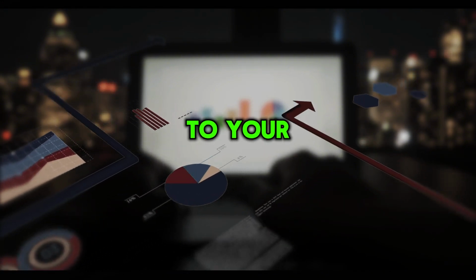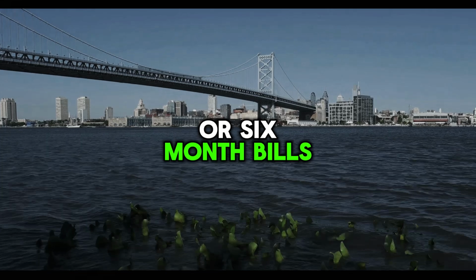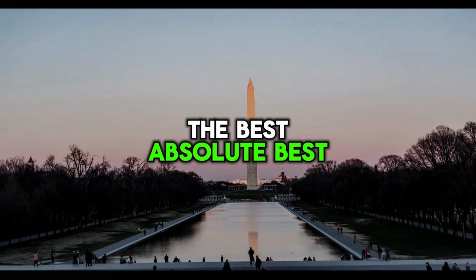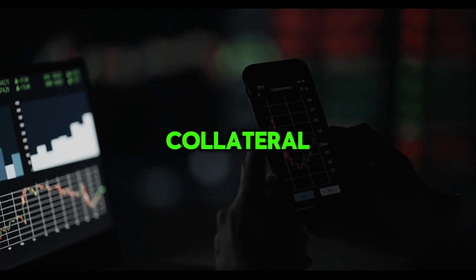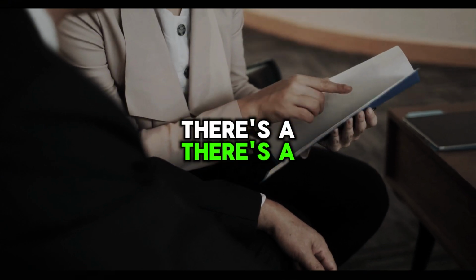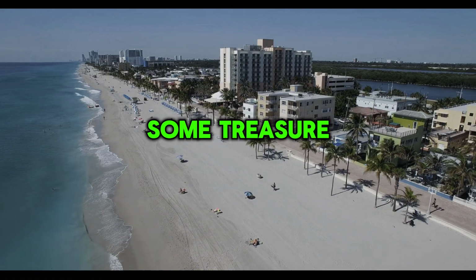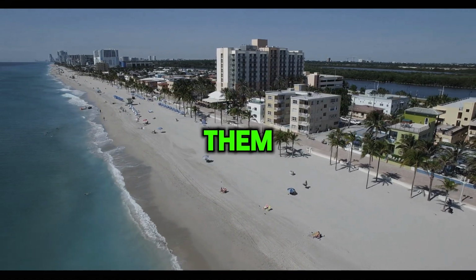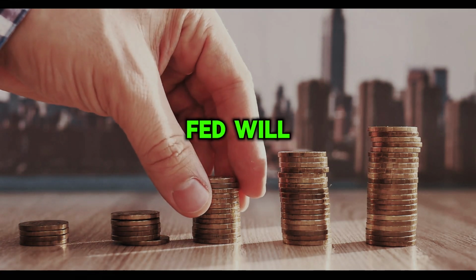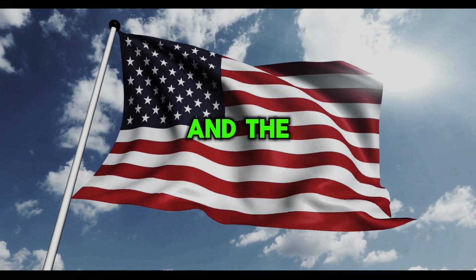We want 2-year treasury notes, maybe with a haircut, or 6-month bills, 4-week bills, 30-day bills, the absolute best, most liquid form of collateral. Well, okay, first of all, there's a scarcity of that. There's a collateral shortage, and banks are desperate to prop up their balance sheets, or else we're going to get some treasury bills, and they're bidding for them at prices that produce yields to maturity lower than what the Fed will give you for free. So if I'm a bank and I can call the Fed, and the Fed will